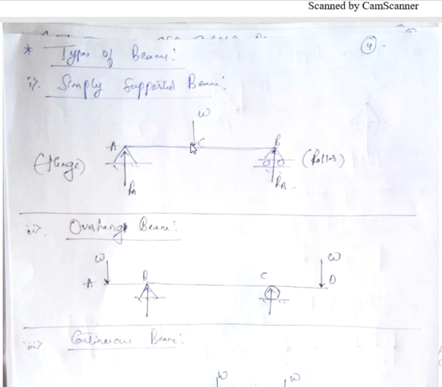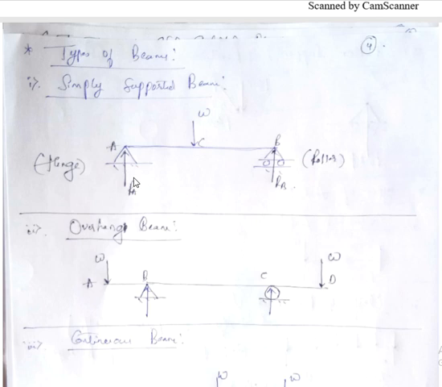Then, because they are arresting the movement of the beam, there will be stresses induced, just like thermal stresses. But if I put one support as hinge support and the second support as roller support, the roller support can allow the movement in the horizontal direction. So if the temperature of this beam increases and it tries to elongate, this support will move towards the right. It will not completely arrest the movement of the beam. If it arrests the movement, then stresses will be induced inside the beam. But if it moves towards the right, it allows the beam to stretch a little bit, and because of that there will not be any stresses induced.